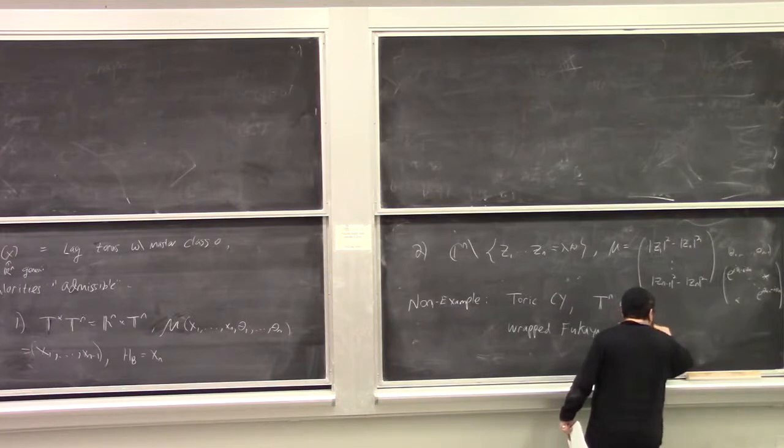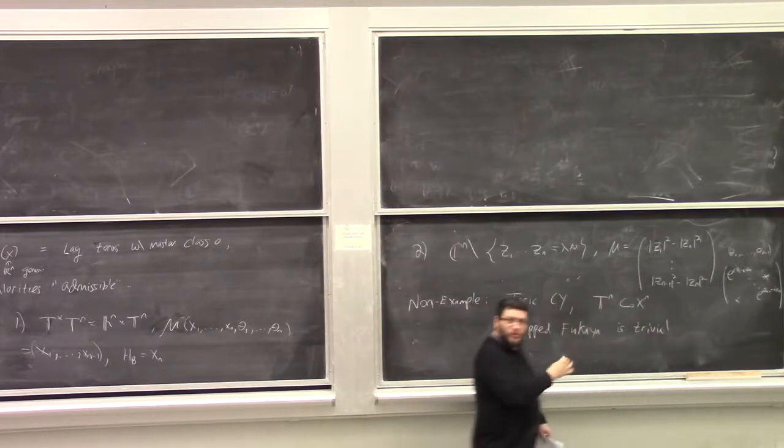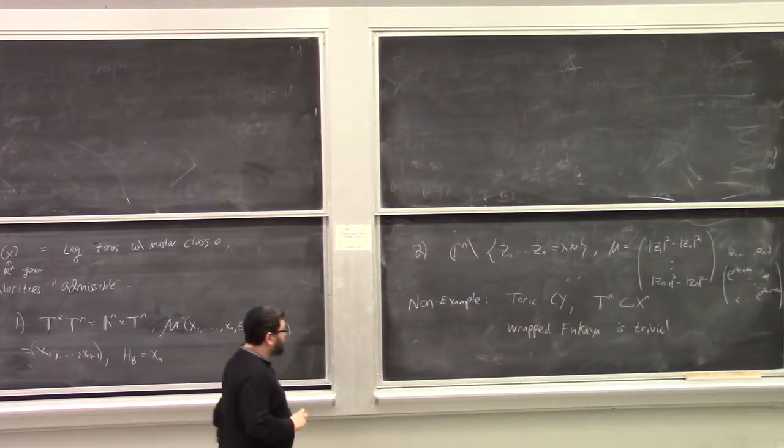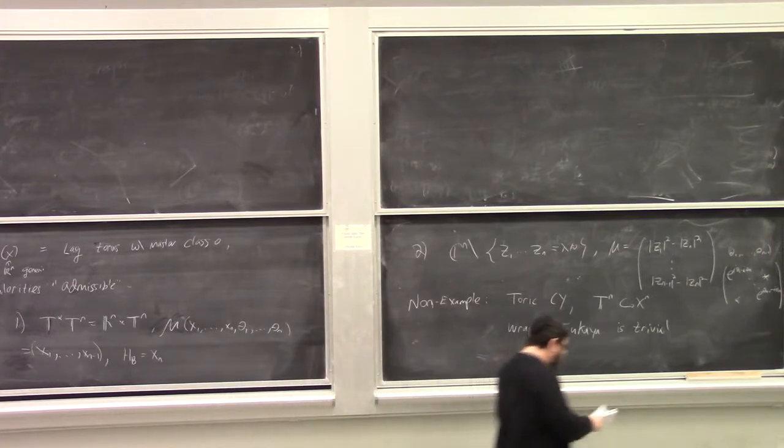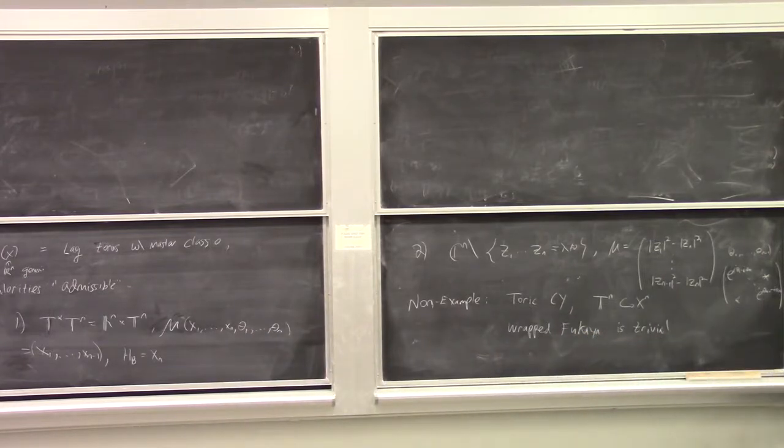Unless you add some kind of potential, which is something more. So that's a non-example. But from these toric Lefschetz-type spaces, we do get a family of examples, which are the examples that we will be building. So if X is toric, then this gives, first of all, a volume form,